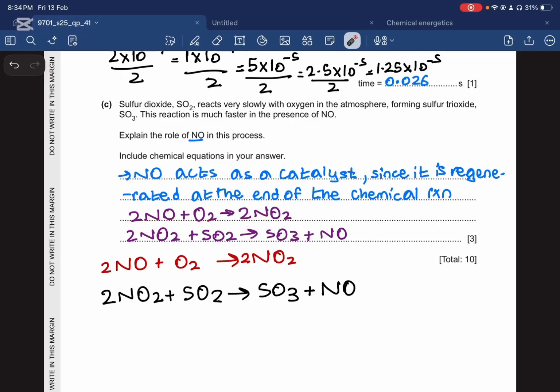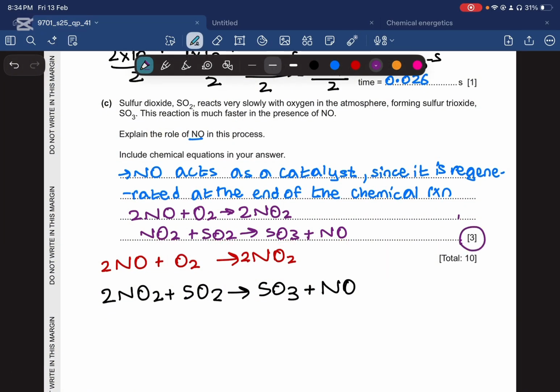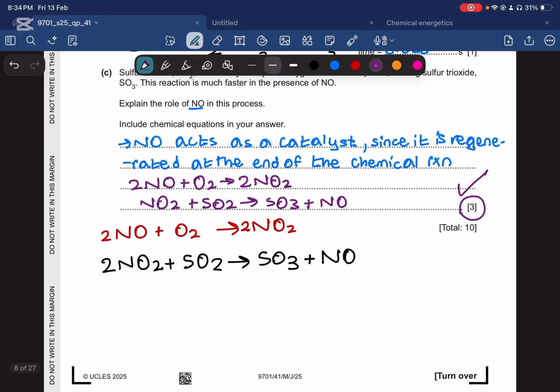Let's look at this. Oh, there's a problem here, right? Two nitrogen and one nitrogen. So I think I added this by mistake. Let's just remove this and see what happens. One nitrogen, one sulfur, four oxygens. Yeah, perfect. That is our answer writing. And that is the end of question number